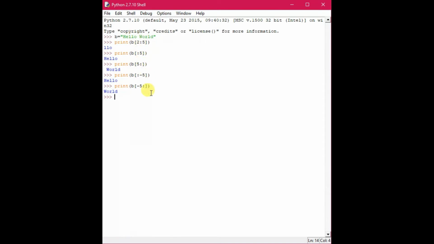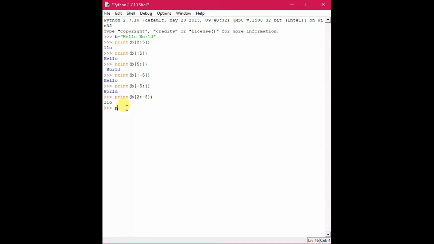That's why the identical output is appearing. Now suppose I give print b[2:-5]. Let's see what output comes. It is also the same output, llo.